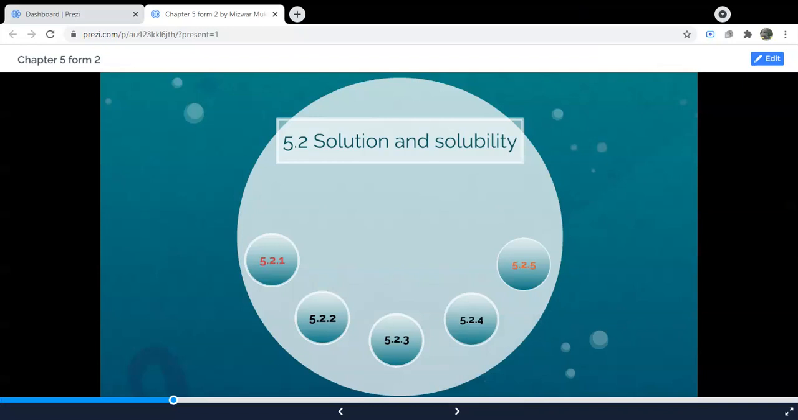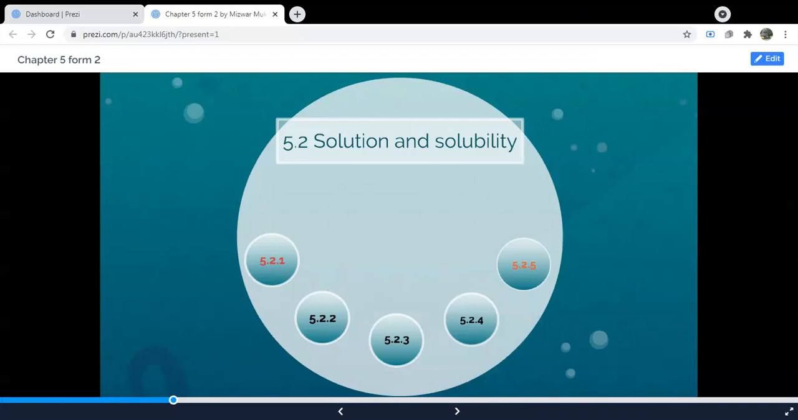Okay, so for today's lesson, we will be learning about 5.2. As you can see, 5.2 is about solution and solubility. Solution tu macam dengan liquid. Okay, solubility tu adalah kemampuan untuk solution tu